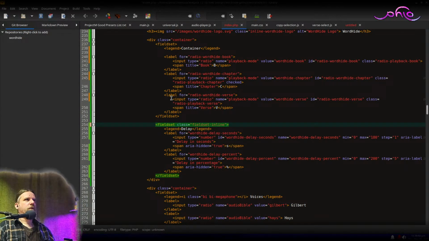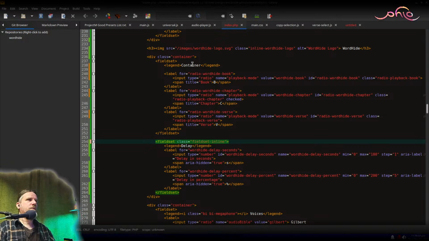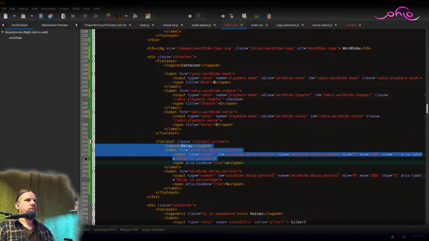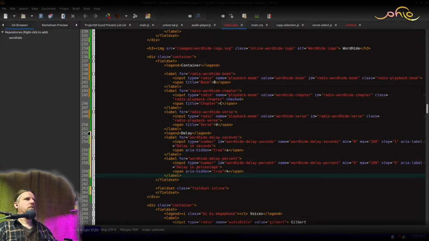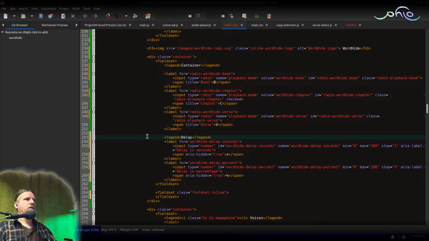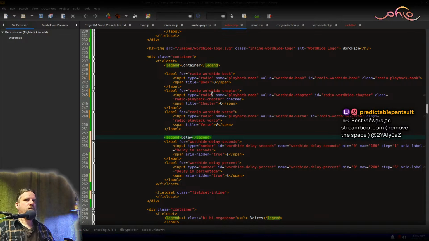Not put field sets inside the field sets, so I think... I'll just have one big field set and move this stuff inside the other one. And instead of having a legend on this, I'll make it a H3 or something.